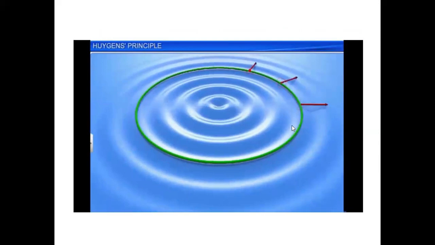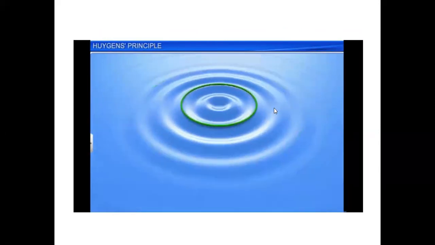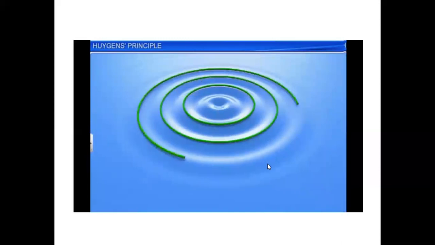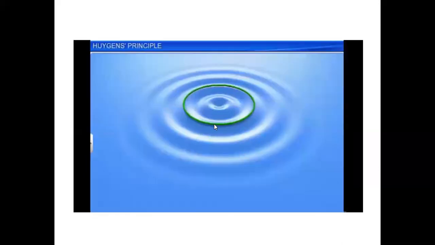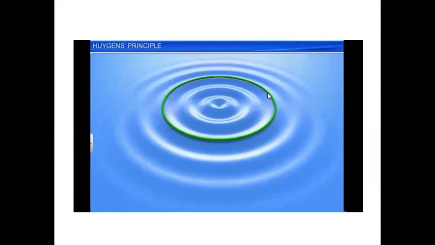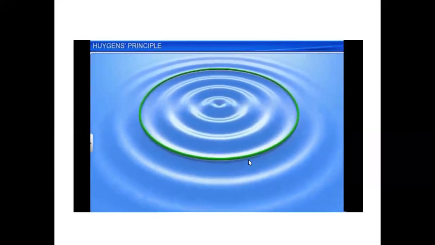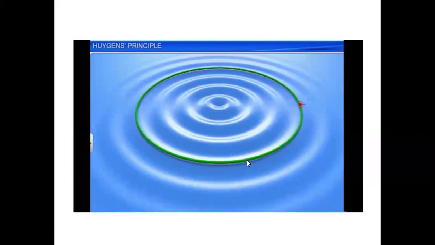So when the particles at a particular point vibrate, since the other molecules of water are also attached to this set of molecules, they also continue to vibrate. So the wavefront grows in a particular direction, and a normal drawn to any wavefront gives the direction of propagation of the wave. Here you have to draw a normal to this wavefront. So first this wavefront will be produced, the innermost one, and secondly the outer one will be produced because the disturbance grows.